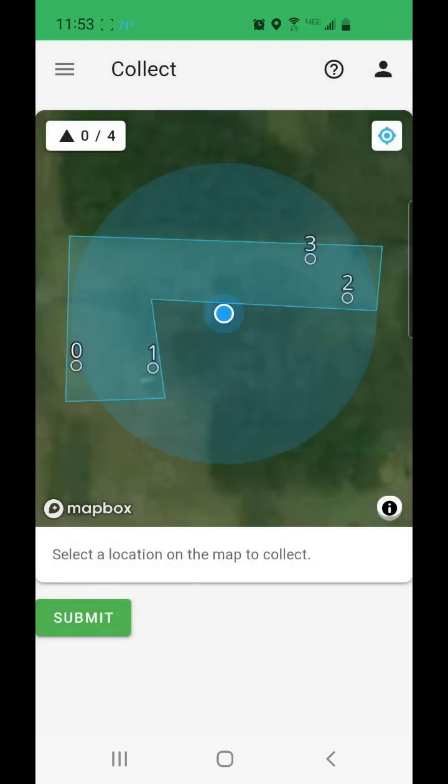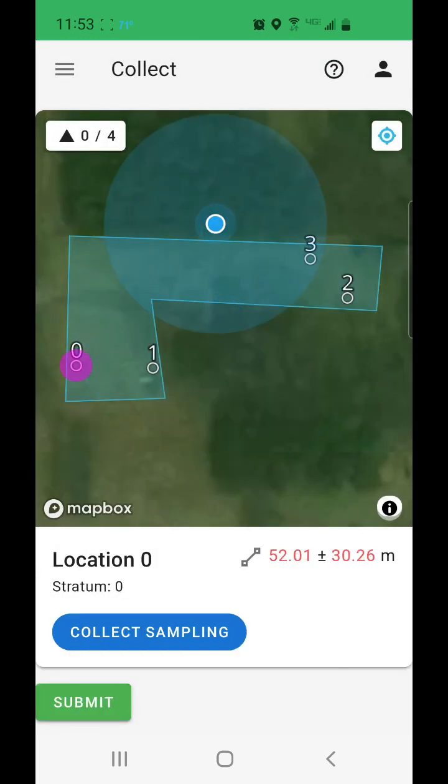Press the target icon in the upper right-hand corner of the map and give the app a couple of seconds to add your position. Next, select the first sampling location that you want to navigate to. Once you have selected a location, you will see your distance to that location and the accuracy of your location beneath the map. When you arrive at the first sampling location, press Collect Sampling to bring up the sample collection